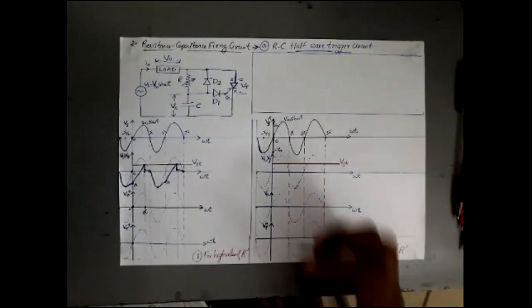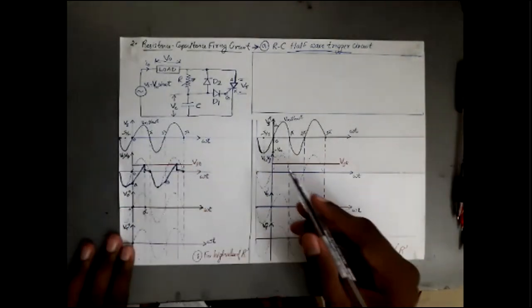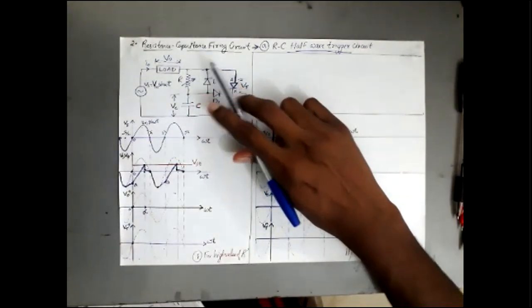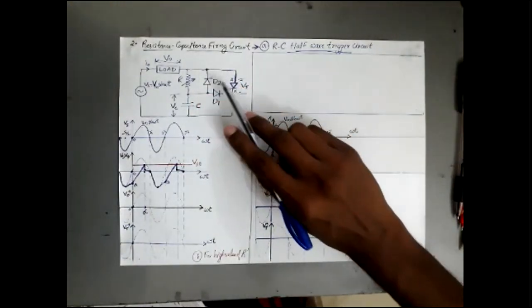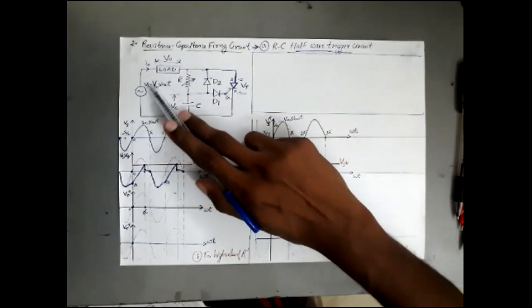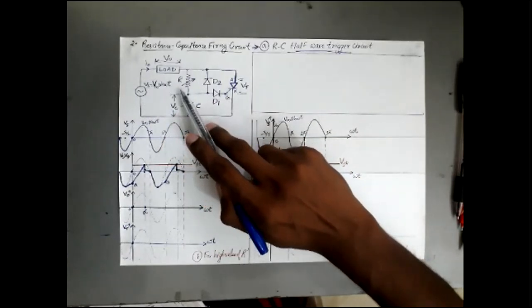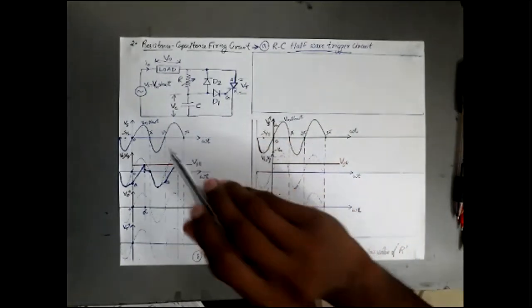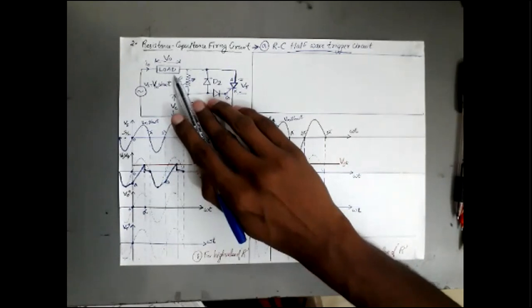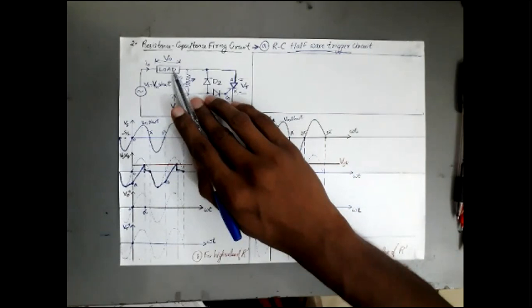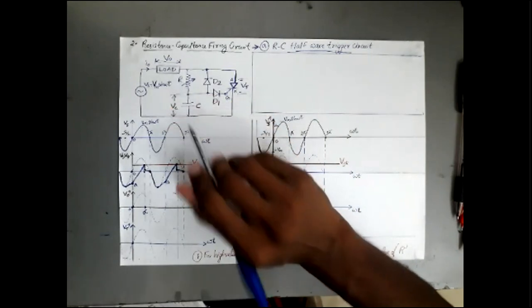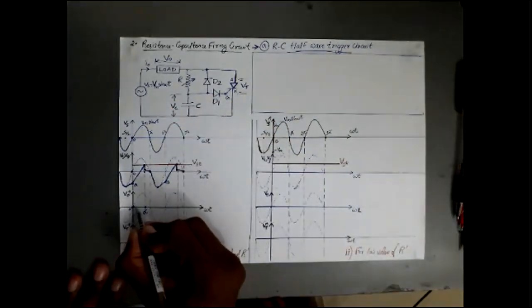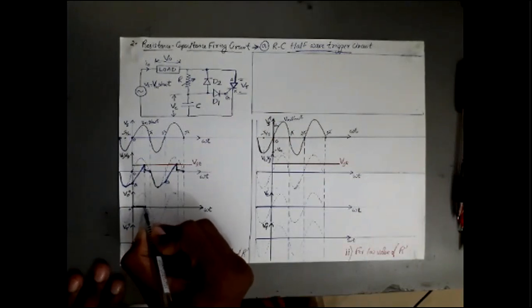Initially, since my SCR was not triggered, a very low current flows through the circuit, and we consider it as zero current, that is I0 will be zero. And when I0 flows through a small load resistance, V0 will be a negligibly small value, also considered as zero voltage. So up to the point where my SCR is triggered, my V0 will be zero.